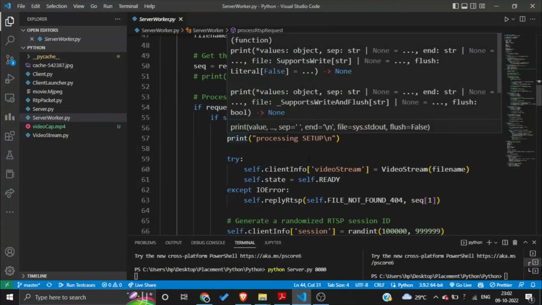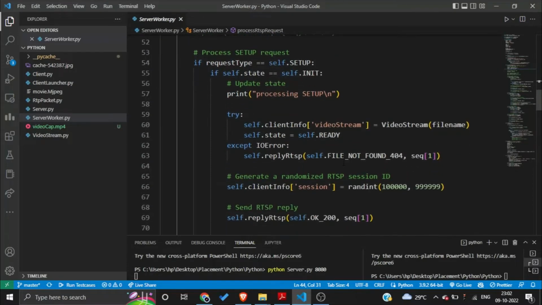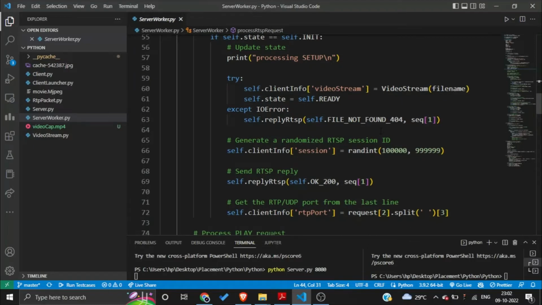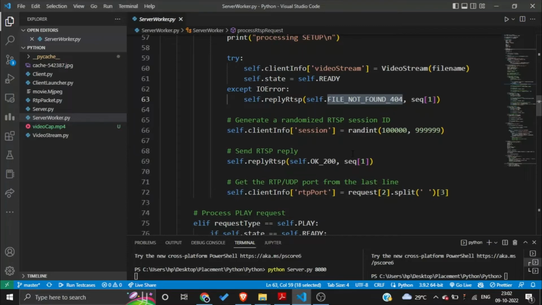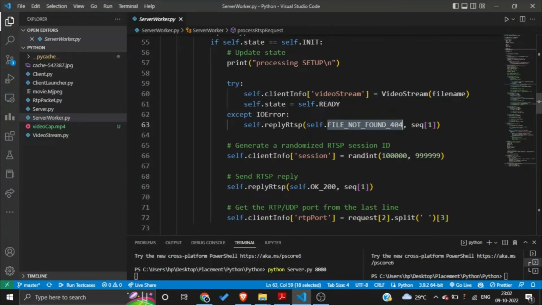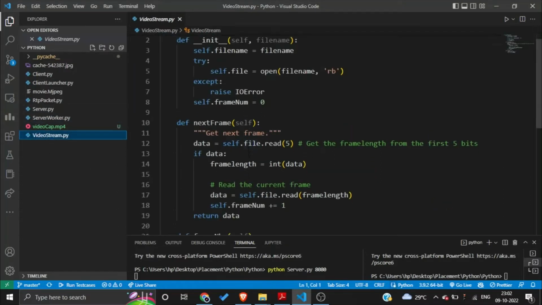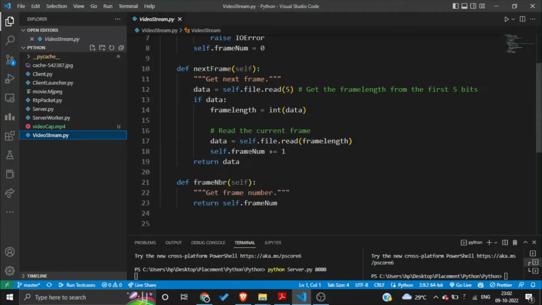And if we check that the request type is a setup type, then we get ready the video stream that the client is asking for. And if the server does not have that file, then we send the reply, file not found, as a response, right? And if that file is on the server, then we take the video stream file name, and video stream is in another separate file, that we use for video streaming that file to the client, like